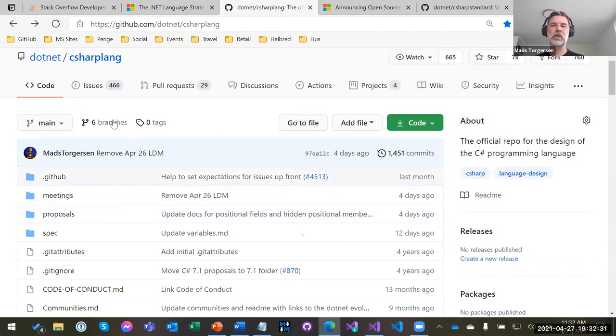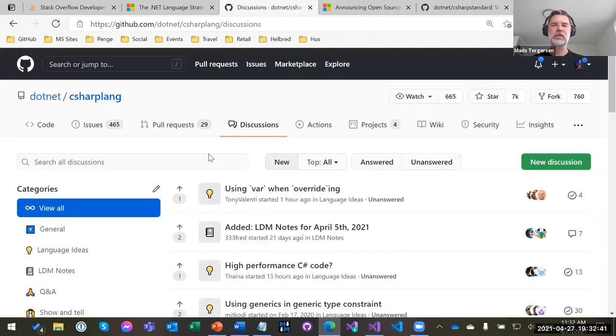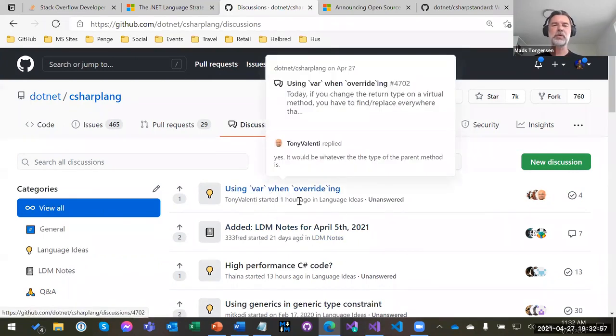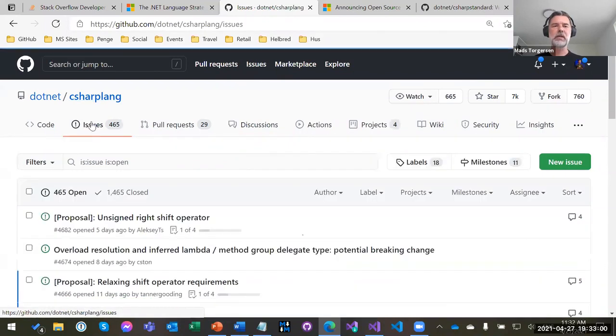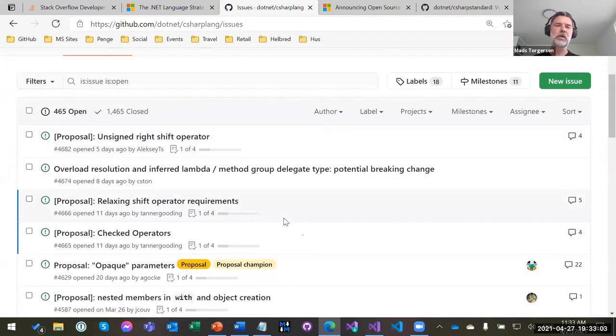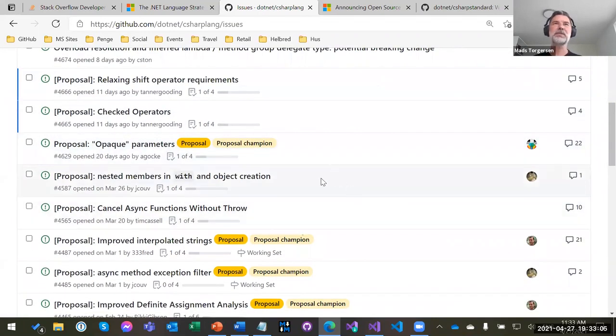A typical life cycle of a C# feature, a successful one at least: things start out unstructured in discussions. There may be some questions, people suggesting some loose ideas, and it all being discussed and turned back and forth. And at some point, somebody, sometimes someone from Microsoft, sometimes folks from the community, will say, I'm ready to make a proposal. And now a proposal will be made in the form of an issue. You can see most of these issues are proposals because we encourage everything else to go into discussions.